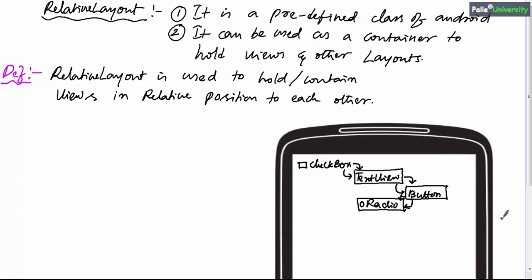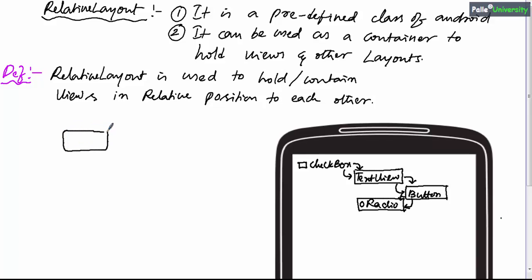If you observe this design carefully, this relative layout has one main problem, that is too much dependency, because the radio button position is depending on the button position, which is depending on the text view position, which is in turn depending on the checkbox. You can imagine it is a kind of link of chains. You can imagine this design is something like a chain with links, which looks like this.